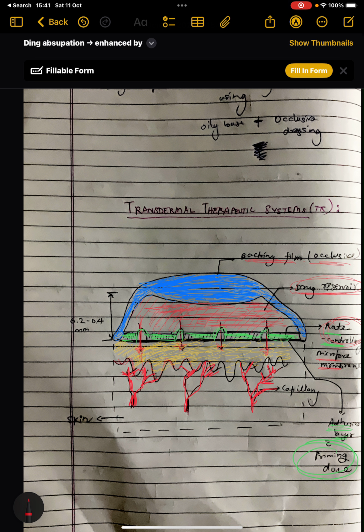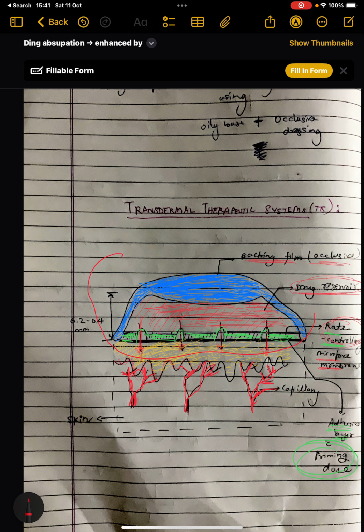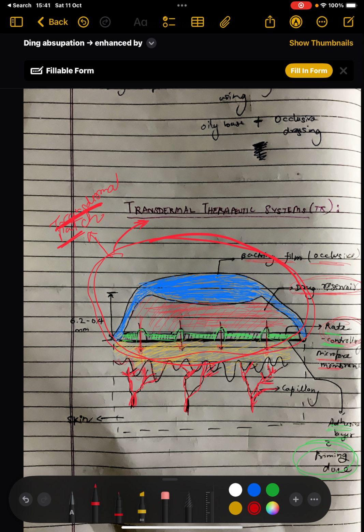So in this diagram, which is the patch, this whole thing in red, this is the transdermal patch, or this is the transdermal therapeutic system. Okay,